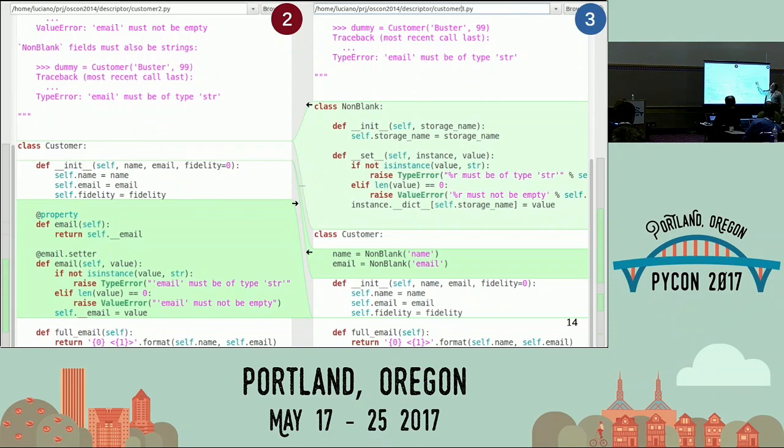And then it gets the value, which in this case is name here, or whatever this string was passed here, in this example, the string Buster, right? So it gets a reference to a specific instance of customer and the value, which is the string Buster, right? So what it does is it checks whether this value is an instance of string. If it's not, it raises an error. It also checks whether it's empty. If it's empty, it raises an error. And if all goes well, which is the case in the first assignment here, because Buster is a valid name,